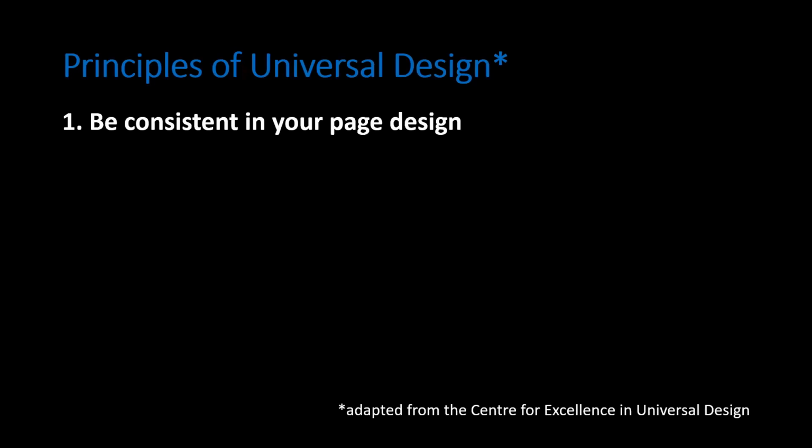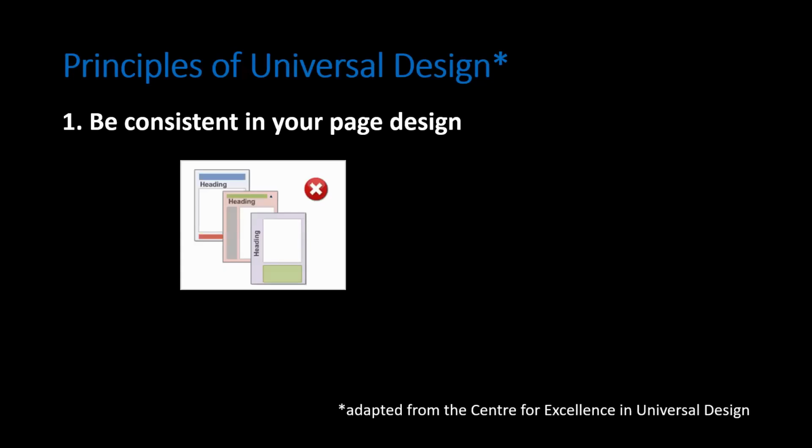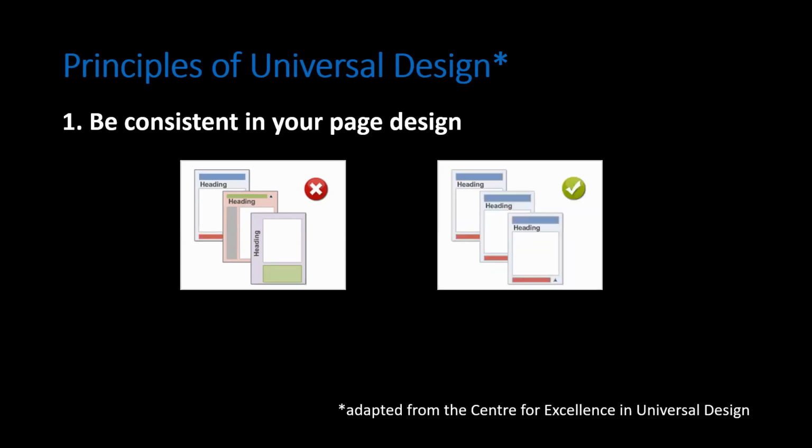So first of all, be consistent in your page design. So something like this. This is representing 3 different pages on the same website, and notice how the headings are in different places. One page has a footer, one has a left nav bar, one has a larger footer at the bottom and a heading that's in a different orientation. So having this kind of inconsistency would make it hard to predict where content is going to be located for someone who is using some sort of assistive technology, but it also could be disorienting to just any user who's using the site. Instead, having a consistent site design among different pages is going to help users find information readily